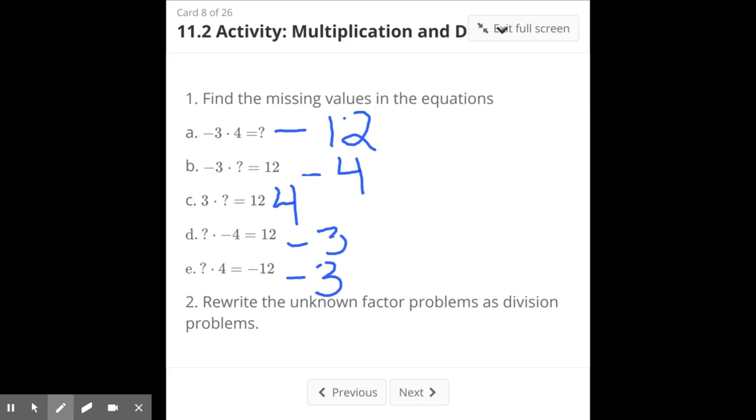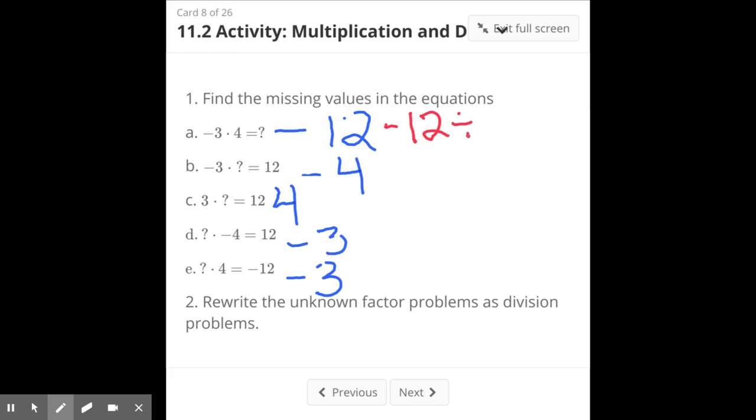Now we need to rewrite each of those factor problems as division problems. So go ahead and pause again and write them as division sentences. All right, so let's start at the top. We're going to start out with that answer, negative 12. And let me choose a different color. All righty, so negative 12